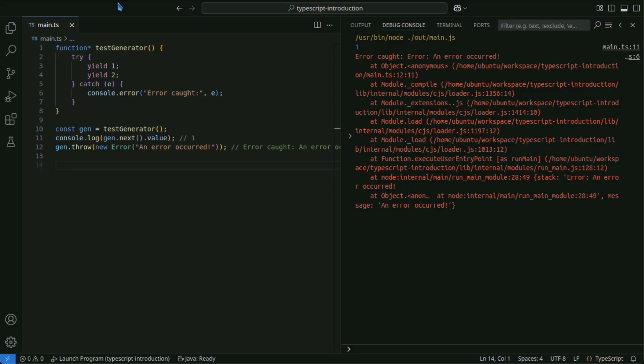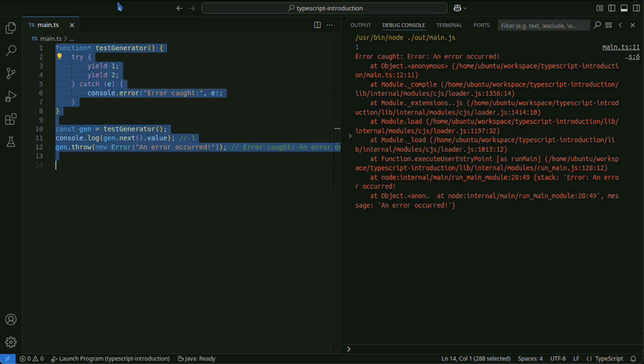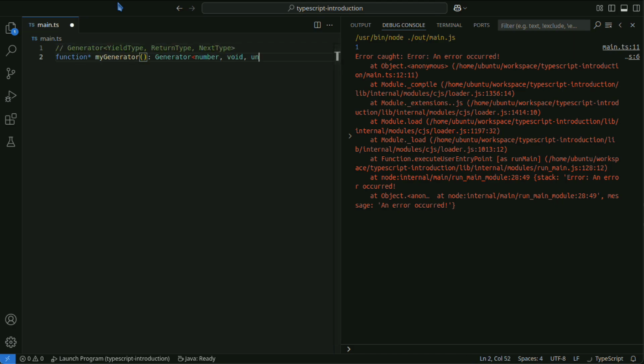The type definition of a generator function can be specified in the following format. You specify types in the form of generator less than yield type, return type, next type.